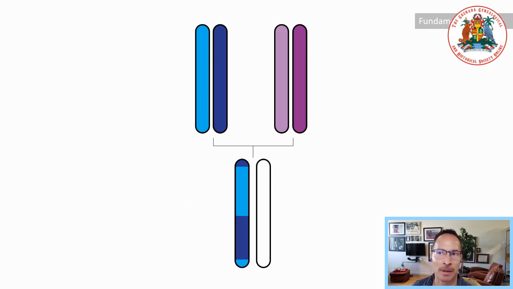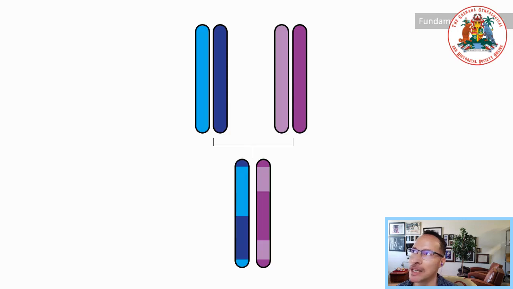And now it comes time for the father to create his half. And the same process happens. This is illustrating the chance element. When you are created, you get half of each parent's genes, but you don't get the other half. And a lot of people forget that you don't get the other half, and that's really important to keep in mind. So now that this child has been created, you can see that it has genes from both parents. It also has genes from all 4 of its grandparents.